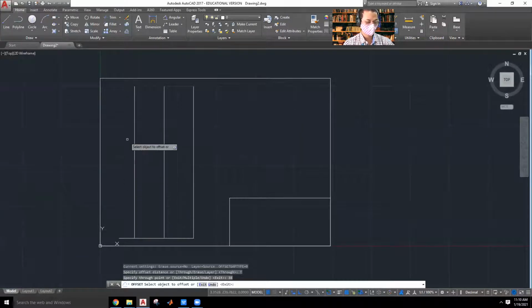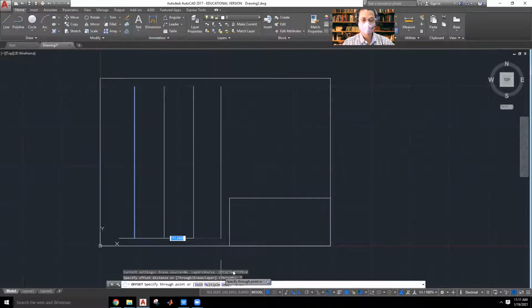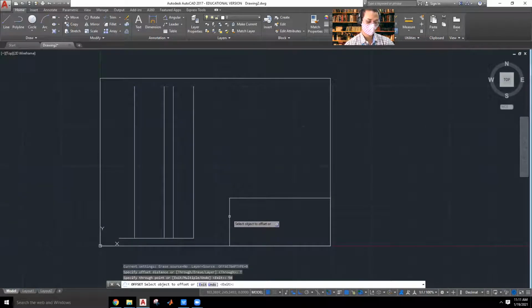From this distance I need to make one more through. So I'll select this one and one more offset. I will first select the object, click offset, and select through. This distance comes as 50. So I got one more line which is 50 from here.